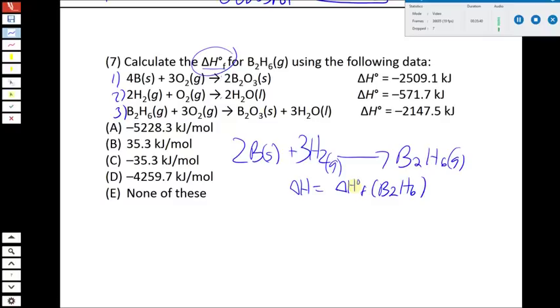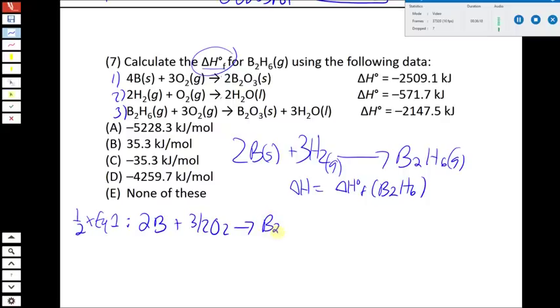So now it becomes a typical Hess's law problem where we have to figure out how to combine these three equations. If we look at the first reactant in this equation, it is 2 boron, and we see that boron appears only in this first equation that's given. So we're going to take 1/2 times that first equation. This one has 4 borons in it, we only want 2 borons in the final equation, so we take 1/2 times the first equation, which means that we multiply each of these coefficients by 1/2, or divide them by 2. That's going to give us 2 boron plus 3/2 O2